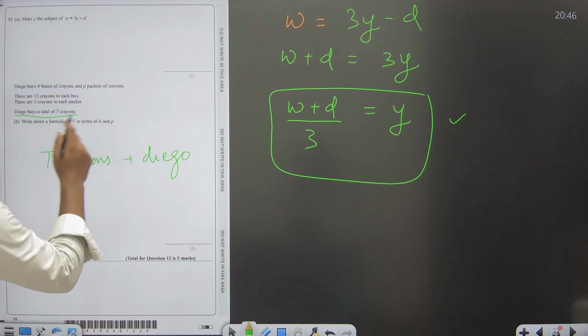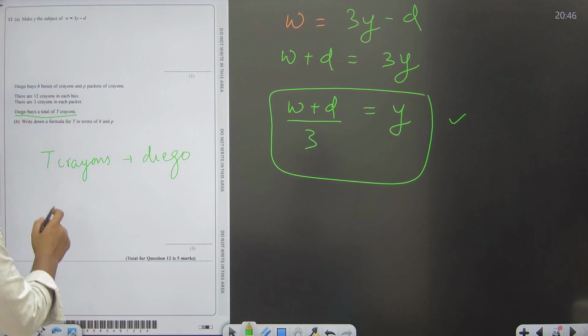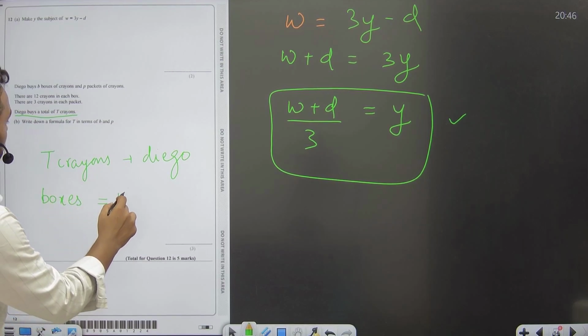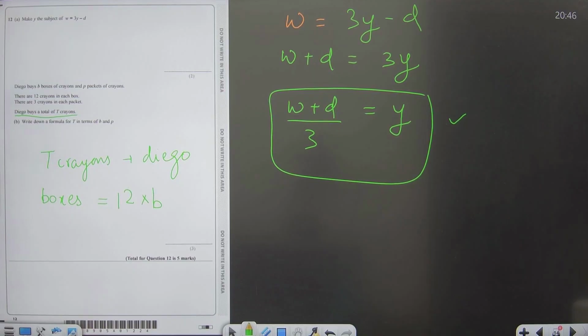Okay, so the number of boxes of crayons will be, boxes first we need to sort it out, it will be 12 cross B. Okay, the number of crayons in each box is 12. So the total number of crayons we first need to find, that is 12 cross B, and in 12B,